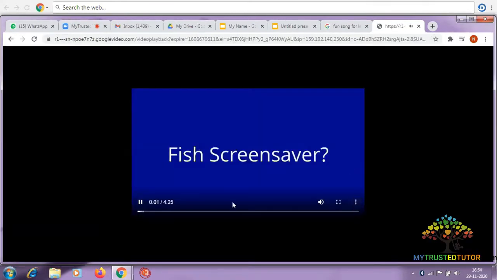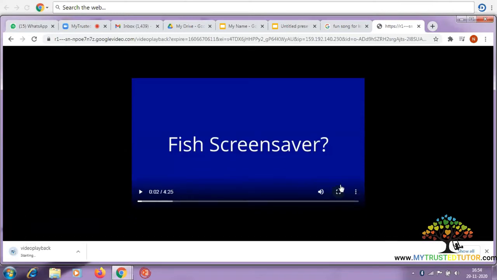So you get the 3 lines. So I get the 3 dots over here. Okay, at the end, I click on that and you get the option of download. As soon as you download, it gets downloaded into your laptop or into the computer or into your file wherever you're downloading it. Okay, as you can all see over here, video playback 34 MP4 is getting downloaded as you can see here.